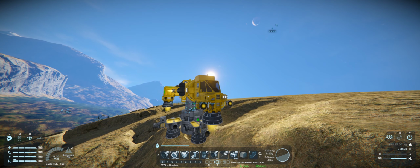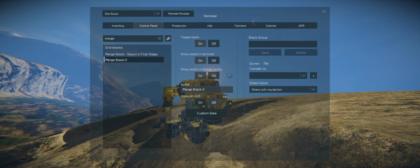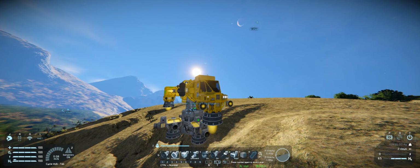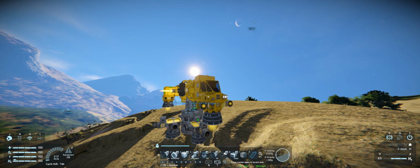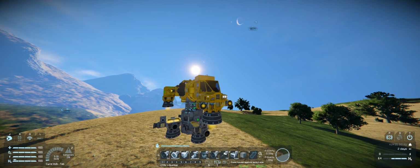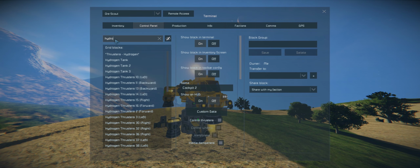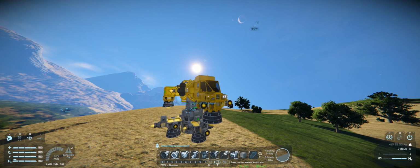Oh, there we go. Oh, did it merge? It did merge. Ha ha ha! Yes. Result. Alright. First thing I'm going to do, I'm going to put that connector back on here because I'm going to dock it back up to the base. And to do that, I'm going to go ahead and turn these hydrogen thrusters back on just to give me...